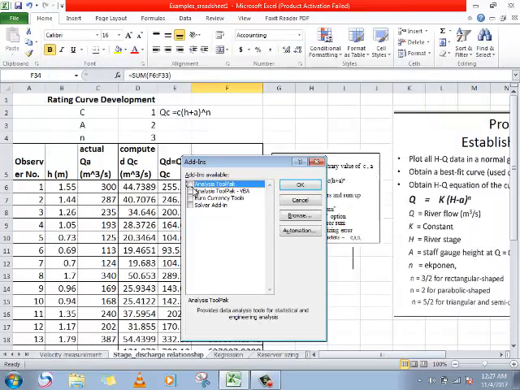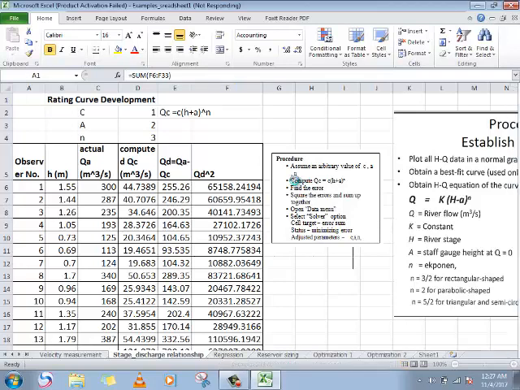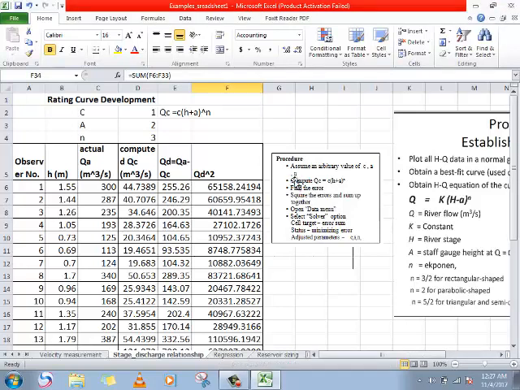Then you will see here analysis toolpack, VBA, euro currency, and solver add-in. You can select only solver add-in, or you can check all. So after checking, say OK. Then solver will be displayed on your standard menu.